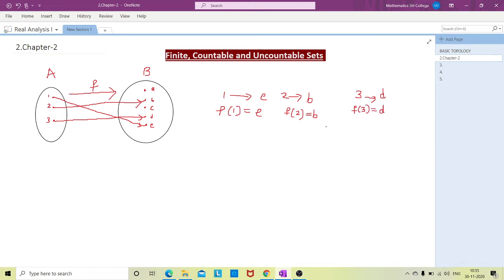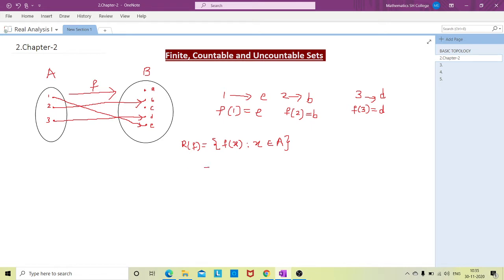So what is the range of this map? The range of this map is the set of all elements in B that have a pre-image in A. Usually we denote the range of f by R of f. It contains the set of all elements of the form f of x, where x should be an element of A. So whenever x is in A, the set of all f of x comes under the range of f.